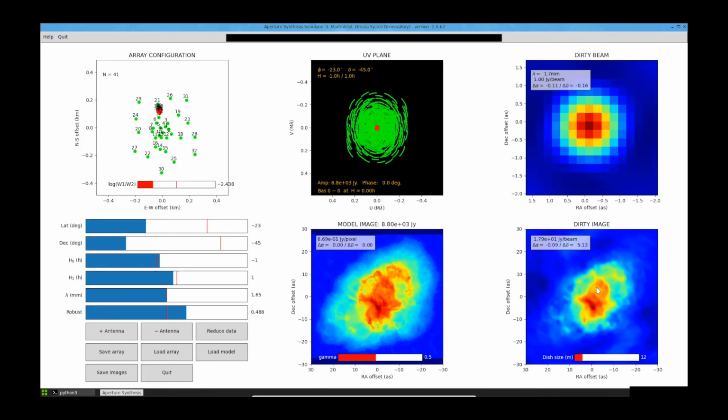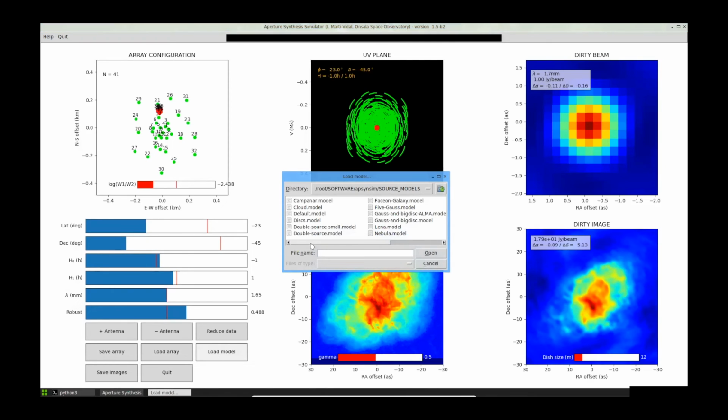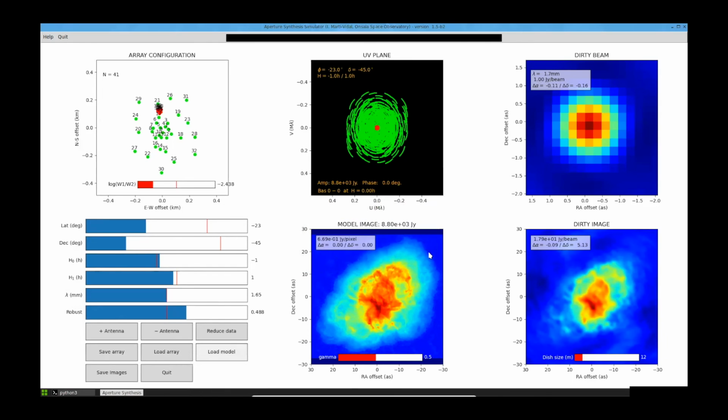Okay, so I think one thing we could do now, which I promised you that we would do, is to play a little bit with the sensitivity. So let's observe something that is very weak and see what happens. So I would suggest you load a new model called point source. If you load the point source,